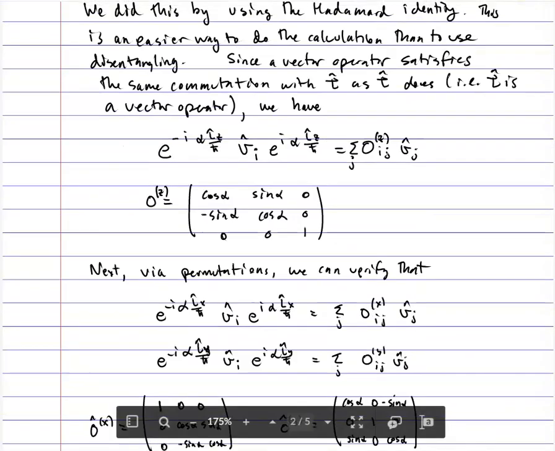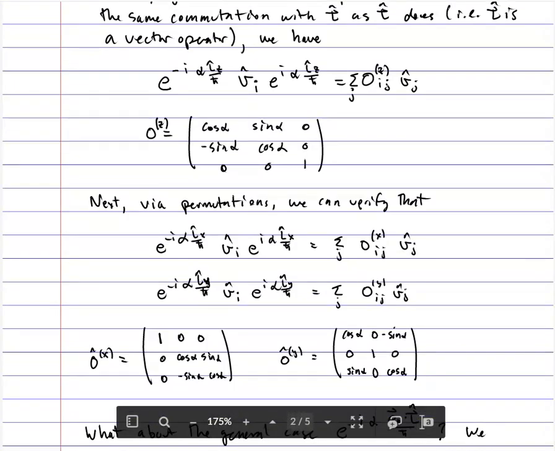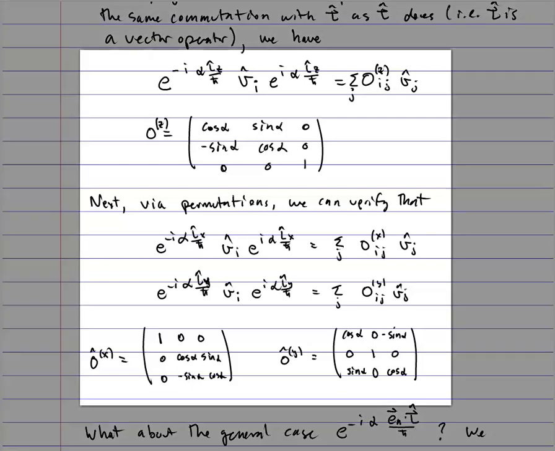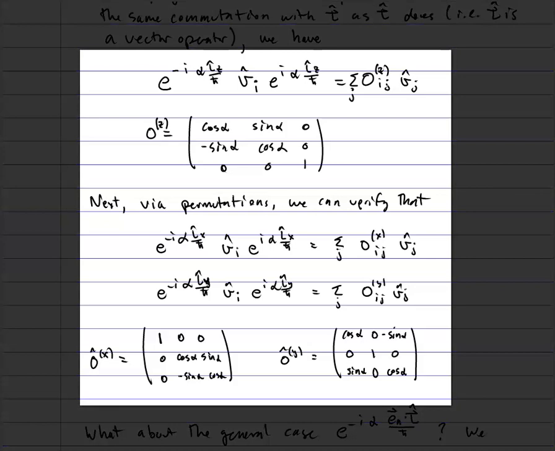Now, if we simply permute the index in the exponent, z goes to x goes to y, and we think of permuting the relevant terms in the matrix in accordance with the way that the indices were permuted, we can find that the Hadamard transformation for an Lx and for an Ly rotation are given by the two matrices that are shown for you here. I would like you to pause the video and very carefully work this out if you're having any trouble with it. We are simply doing a